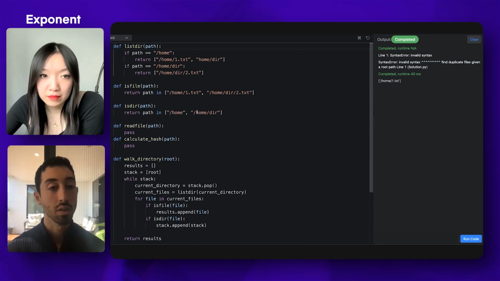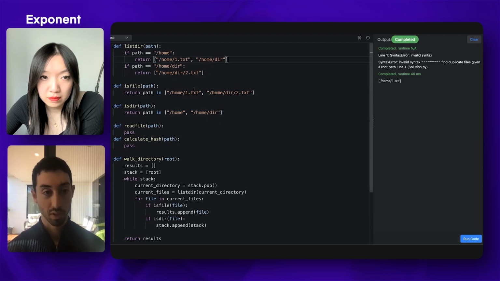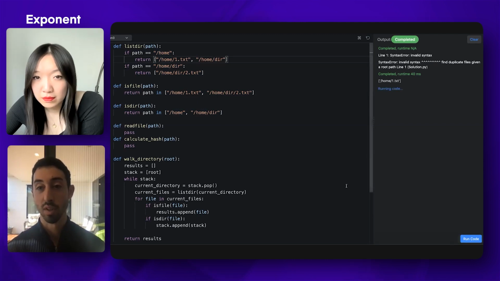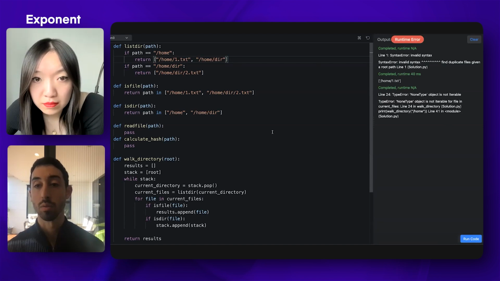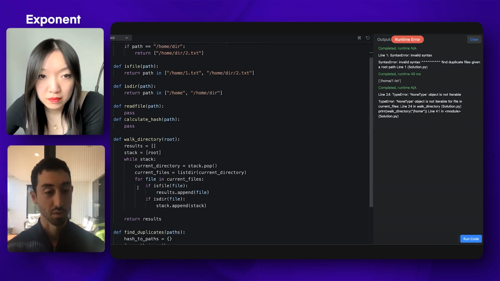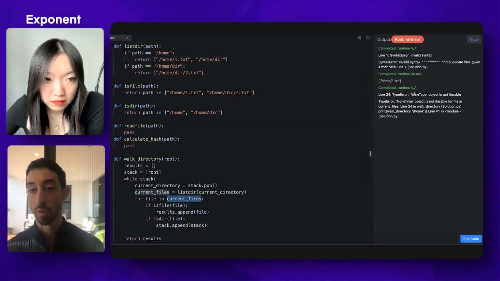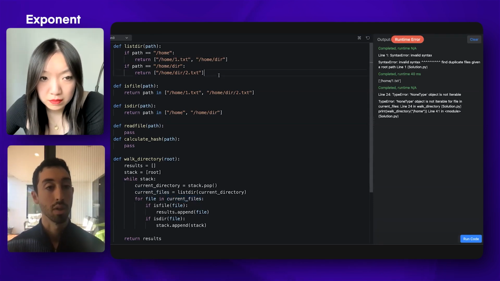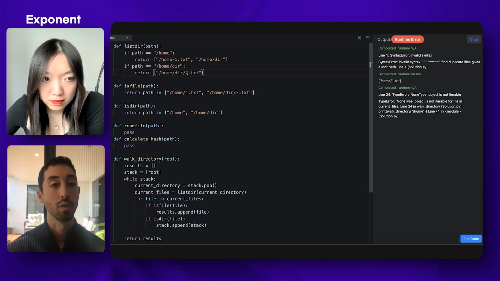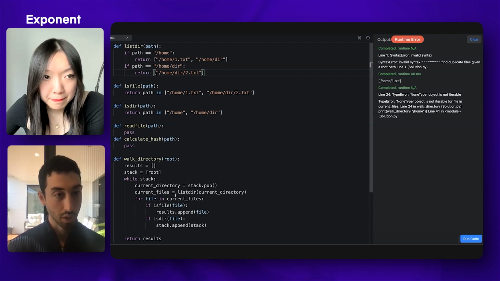I think it's because I just have a missing slash in my input here. Oh, what's that? So I have line 24 NoneType. So that's because for /home/dir. Why did I try to do it on NoneType?